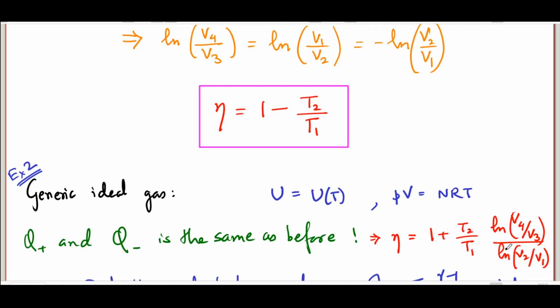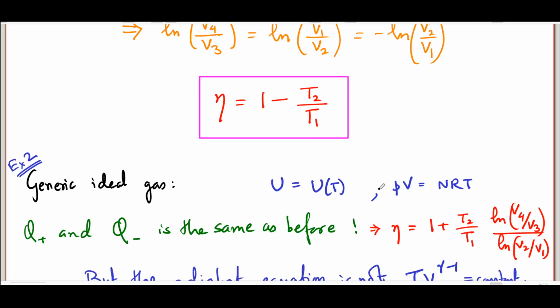However, the important question here is about the adiabats. Note that TV to the power gamma minus 1 equals a constant. The equation that we had used for an adiabat is actually valid only if Cv is a constant. If U is some arbitrary function of T, then Cv would not be a constant. So let us take a look at that